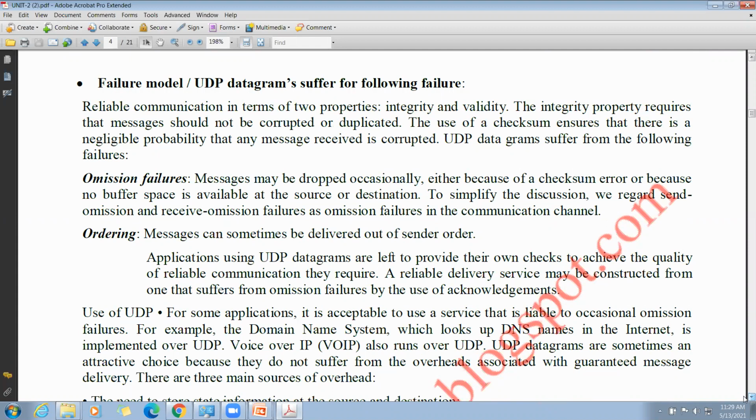Before going to this, we first need to understand what reliability is. Here, reliable transmission mainly deals with two points. One point is integrity and the second point is validity. Note down, validity and integrity are the key properties in reliable communication.